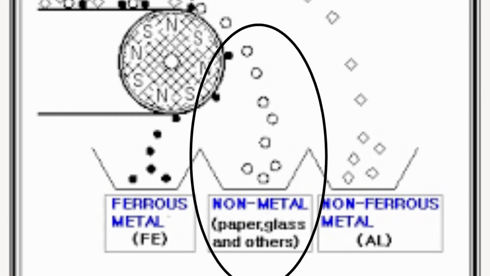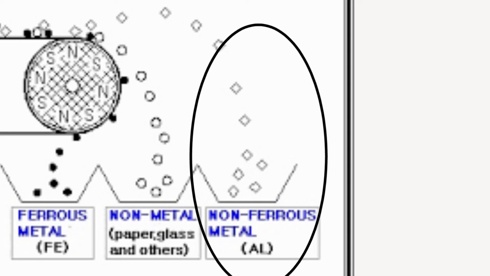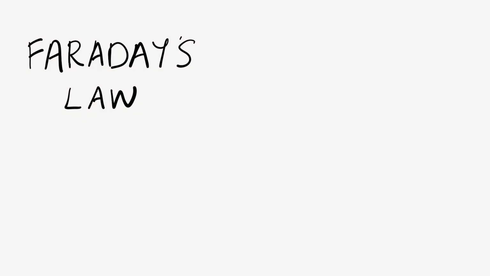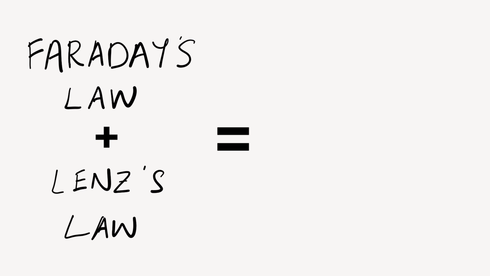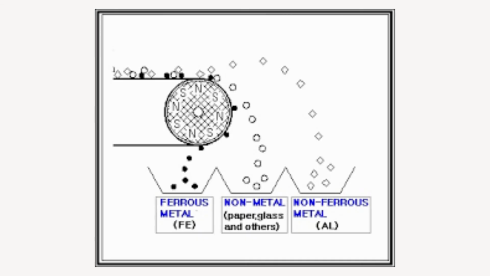Now, the second part is for separating non-metallic materials like plastic. There's little to no explanation here as they just follow the conveyor belt's velocity and fall into their respective containers. The third part is where the 2 physics principles we have explained work together to let the non-ferrous metal fly up and further from the rest of the materials of the bunch. Thus, this causes it to separate itself through this mechanism automatically.